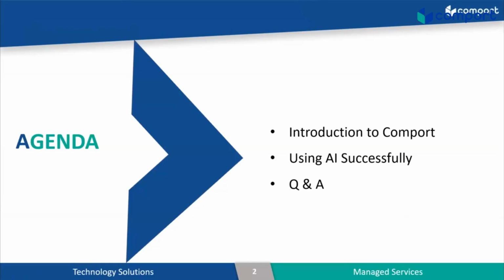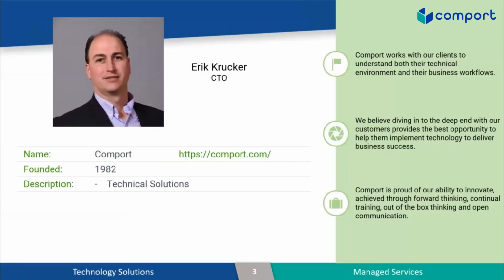I want to introduce our speakers for the day. The first speaker is going to be Erik Krucker. He is our CTO for Comport, and he manages our IT solution portfolio and strategies. His prior experience includes responsibility for Weill Cornell's Medical College critical systems, including virtualized email, Epic EHR, and storage. He also led a storage team for a global service provider on mission critical IT services, including cloud computing and